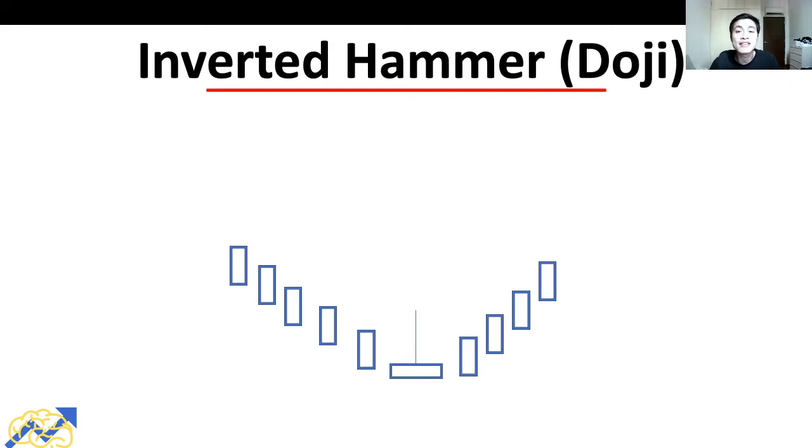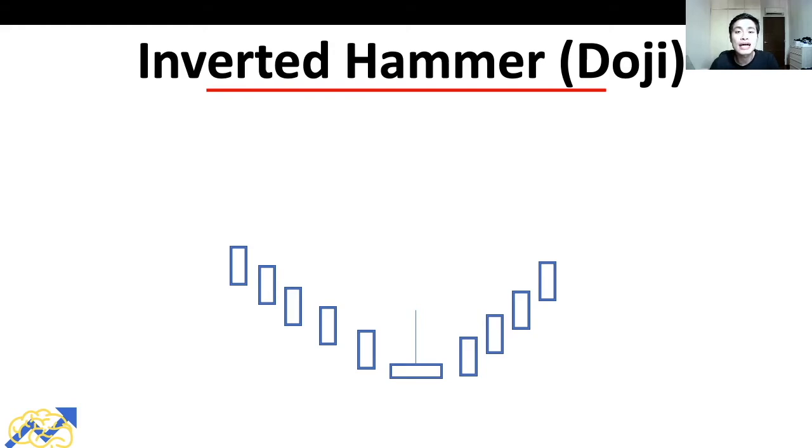What this means for us as investors and traders in the stock market is after an extended downtrend and an inverted hammer candlestick appears, this can provide us a signal to start looking for opportunities to buy. So while the shooting star candlestick and the inverted hammer candlestick look exactly alike, they indicate to us 2 different